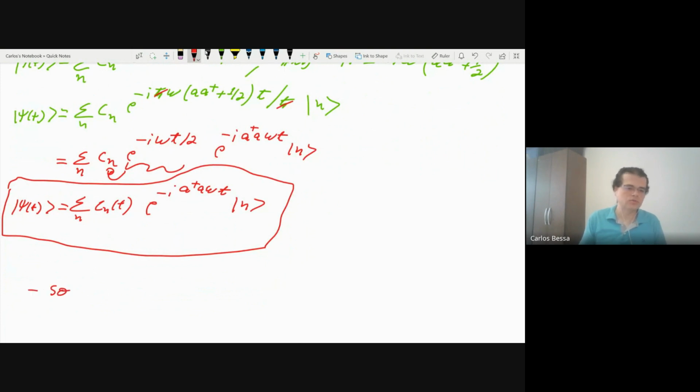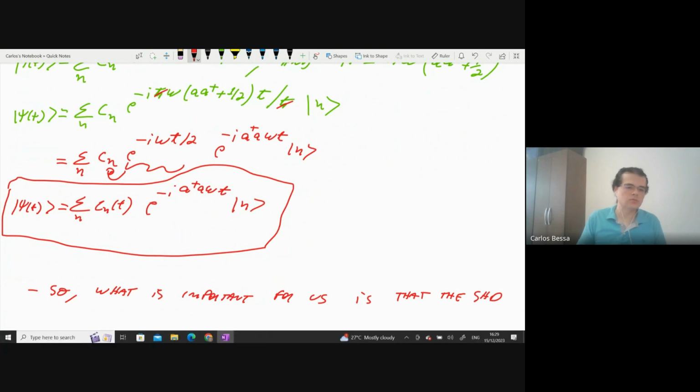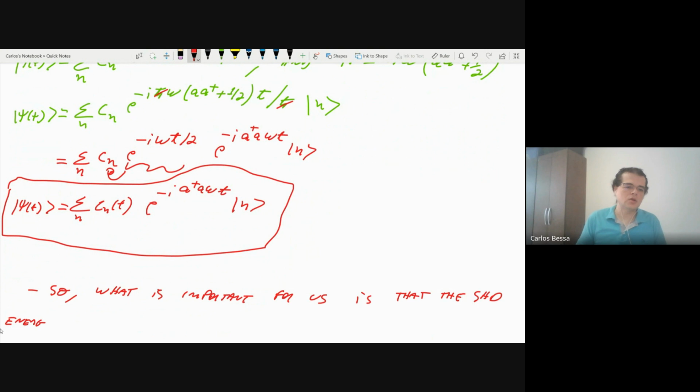So what is important for us is that the single harmonic oscillator energy eigenstates undergo transformations of the type